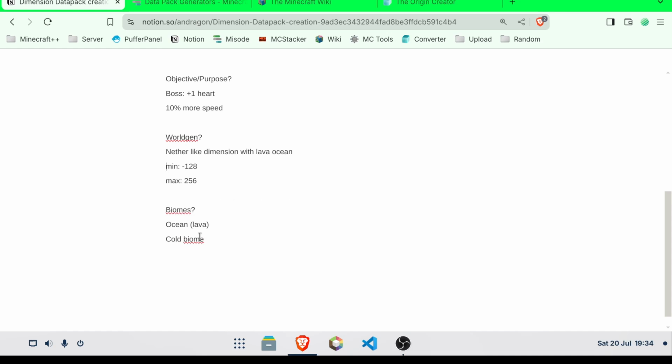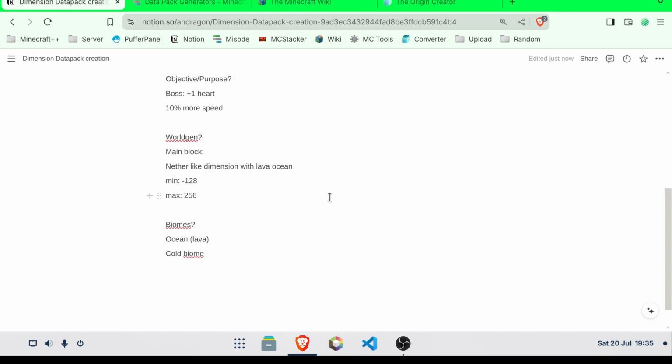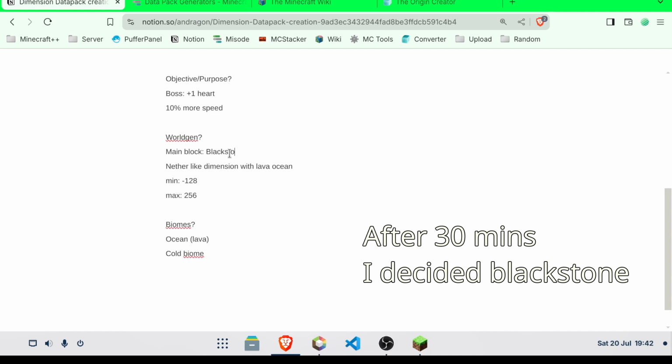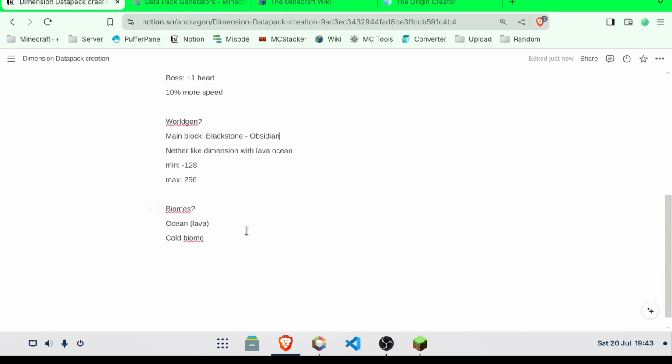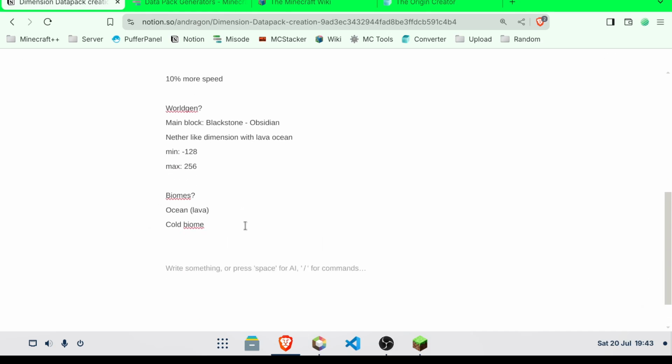Oh, something that we need to mention is a main block in the world gen. If we look at Minecraft, there's only so many blocks that you can have as main blocks. So blackstone, and then obsidian. Okay, we have our main idea here, and perhaps we can also have structures where the